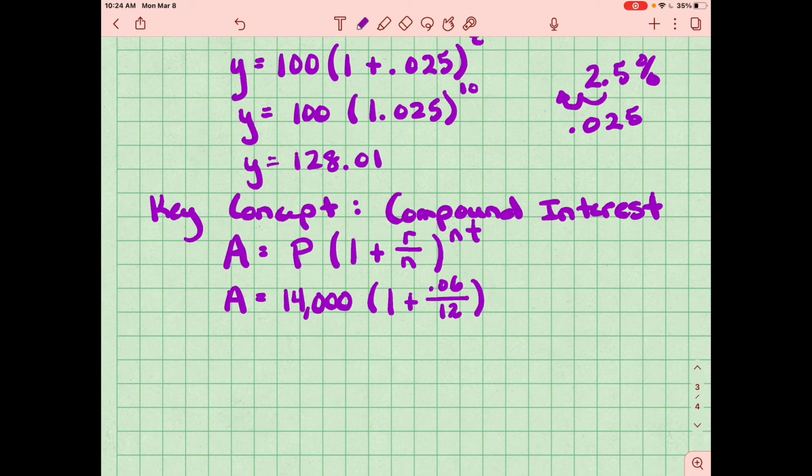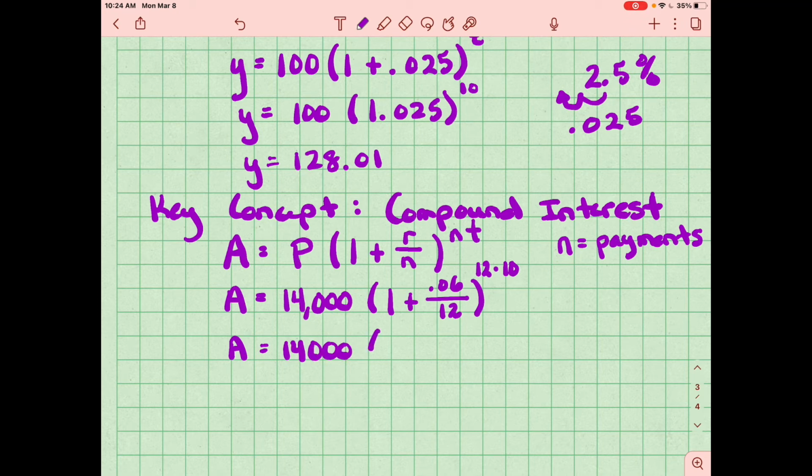And then we decided 10 years is our time. But remember that we're getting 12 payments every year, so we're going to multiply by 12 there. So N in this case is the number of payments that you get your yearly interest in. So we have interest that's getting paid before the end of the year, and it becomes interest on interest. Watch out when you're solving these